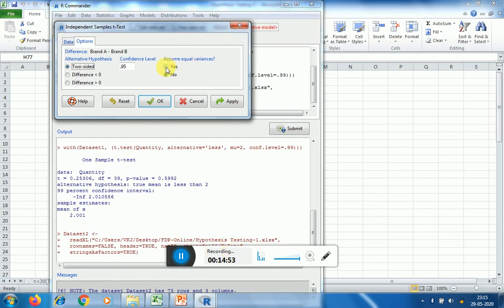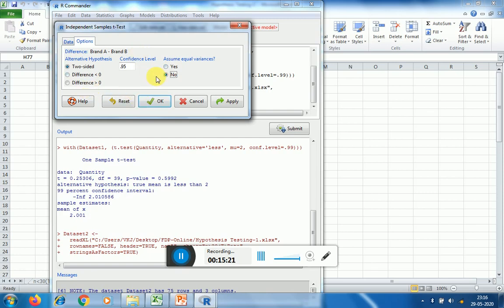You can click on yes or no depending upon whether you have already tested it or not. If you have not tested, then you can go with the default, that is assume equal variances no. But if you have tested for normality or any such criteria, then you can click yes as well.